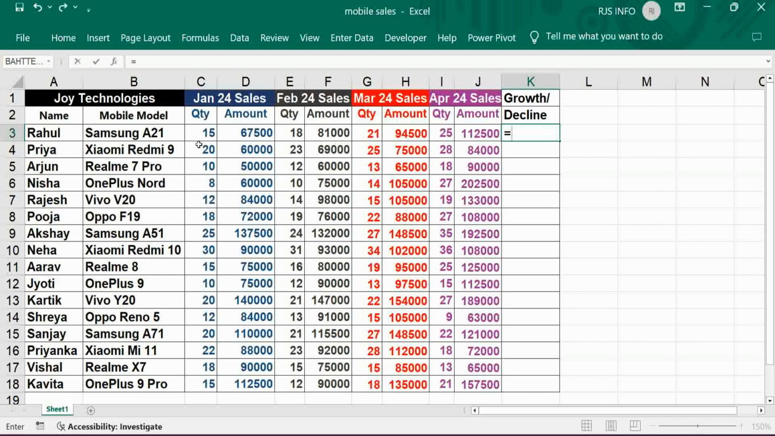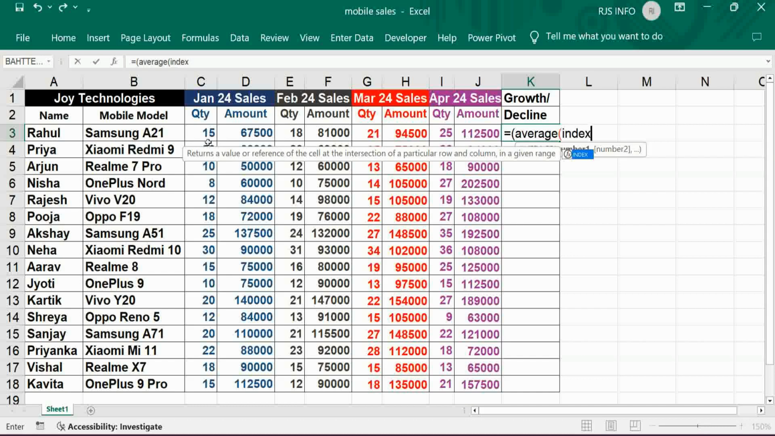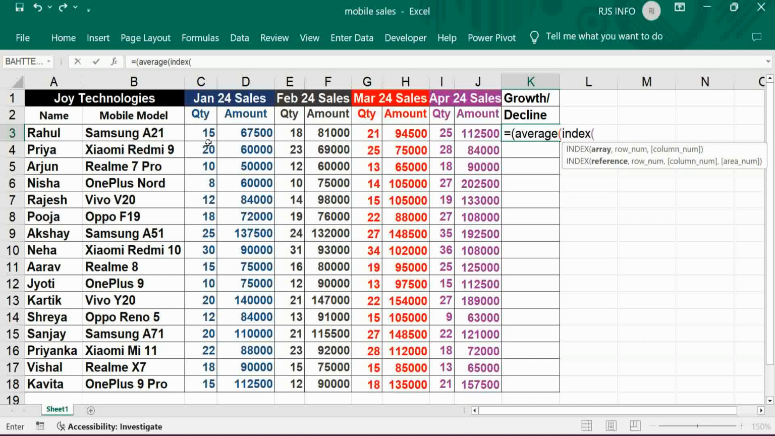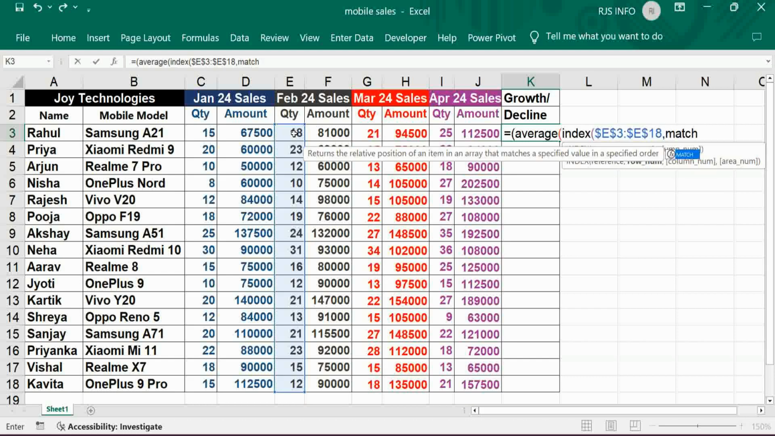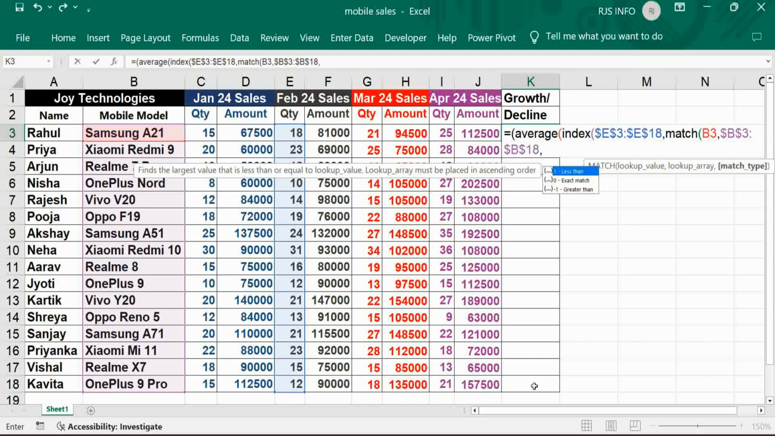Let's construct the formula. Average, index. First one is February. Freeze it, comma, match, specific model number. Then from there just start it. Freeze it, comma, exact match 0, bracket close,